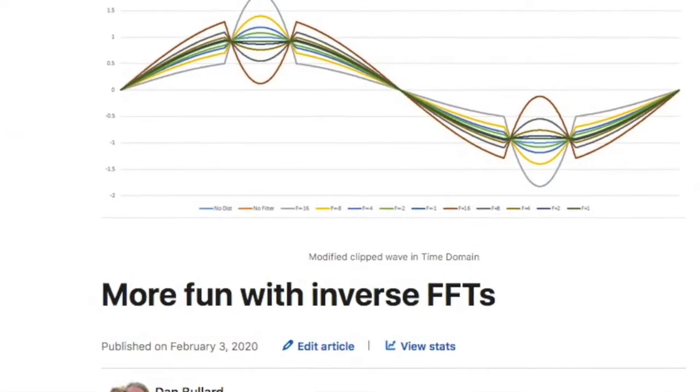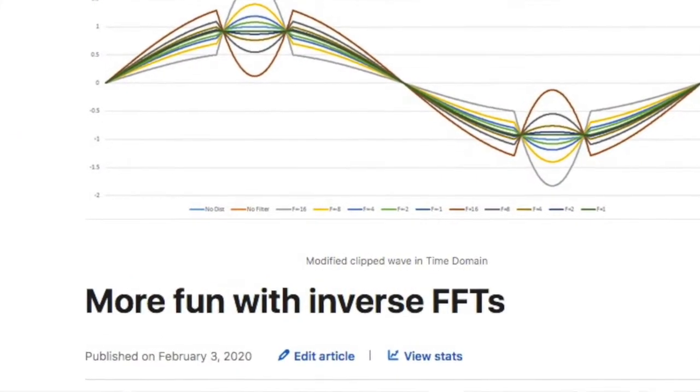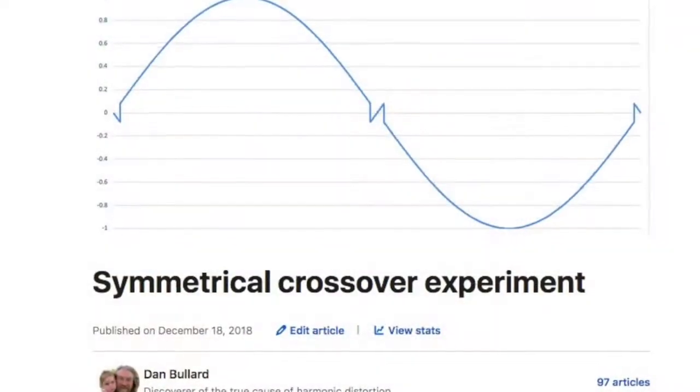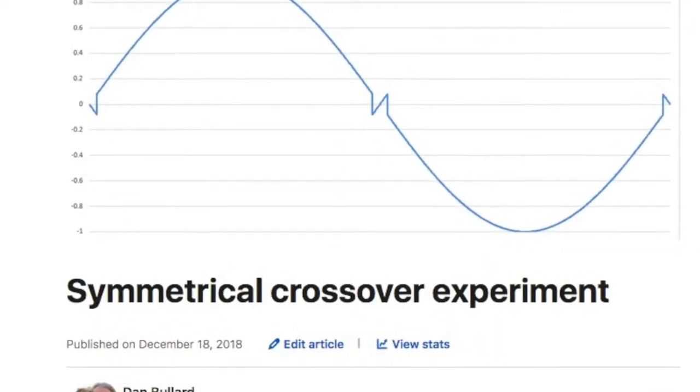the articles were more fun with inverse FFTs, and the other one was the symmetrical crossover experiment. So you'll really want to take a look at those articles. I wrote them for a reason, and I have them backed up, so if LinkedIn deplatforms me, they're backed up on my main website that you can go look at,